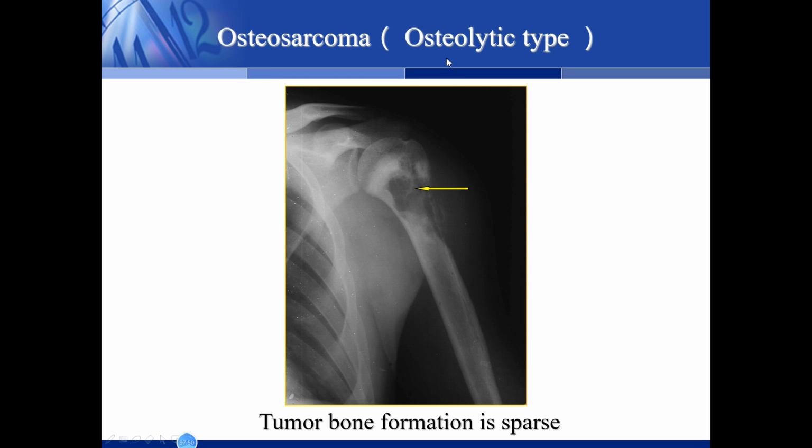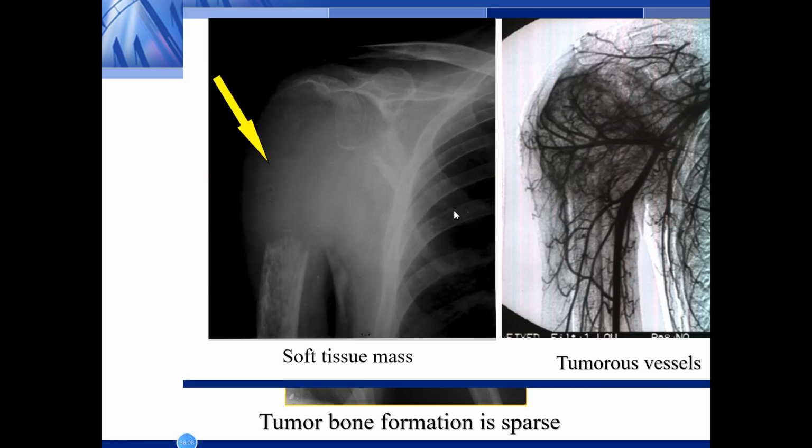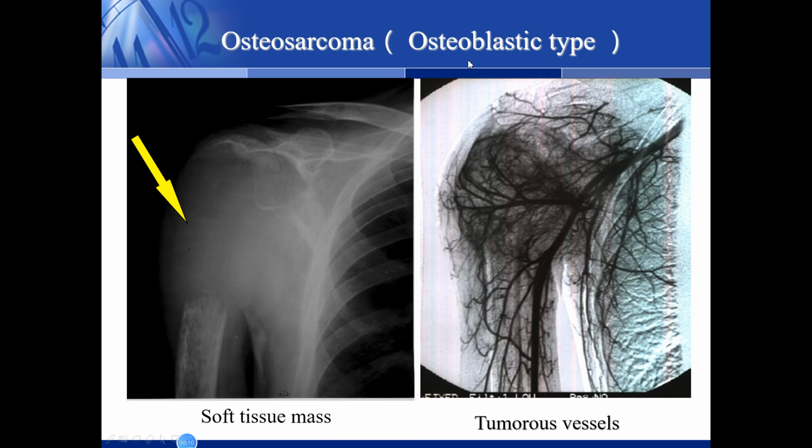This is the osteolytic type, and we could find the tumor bone formation is sparse, and we just find the destruction of the bone. So this is the osteolytic type, and here is the osteoblastic type, and we could find bone destruction,